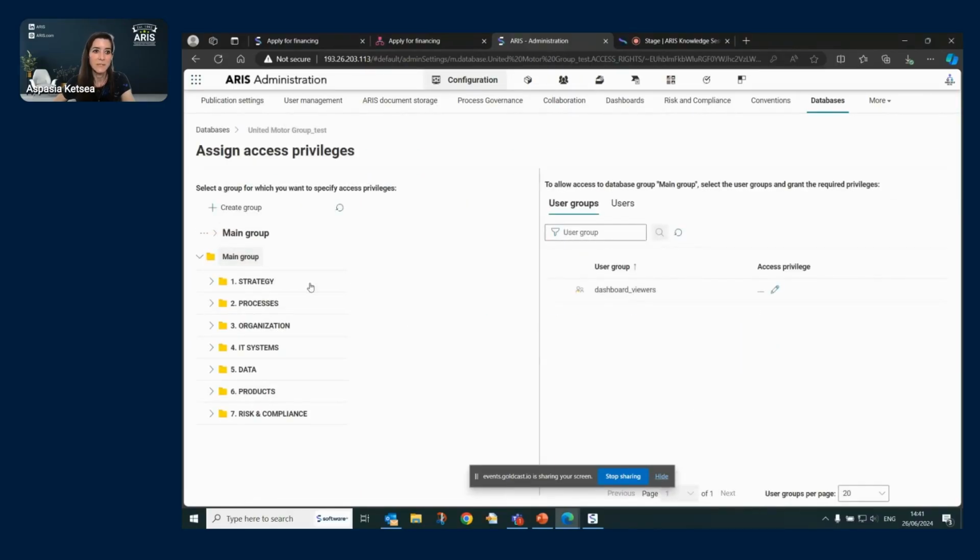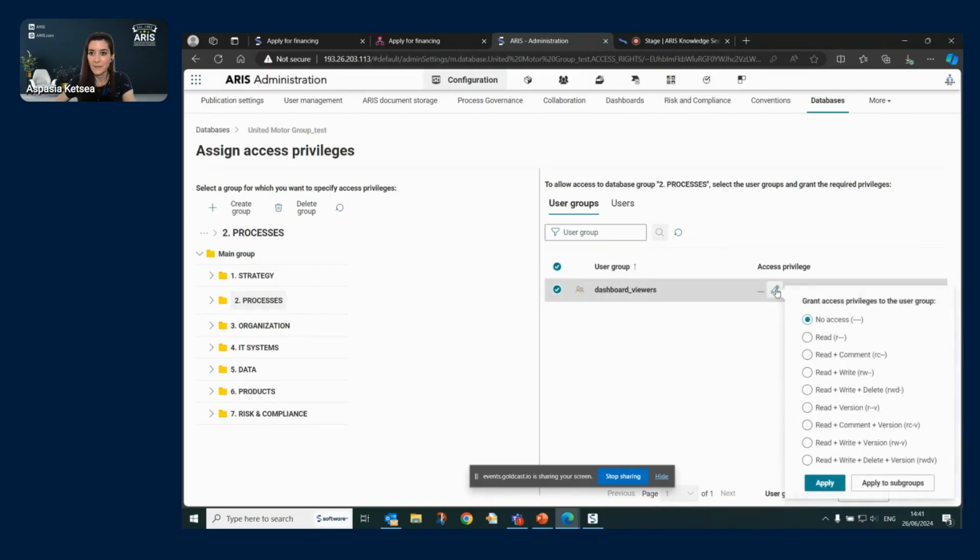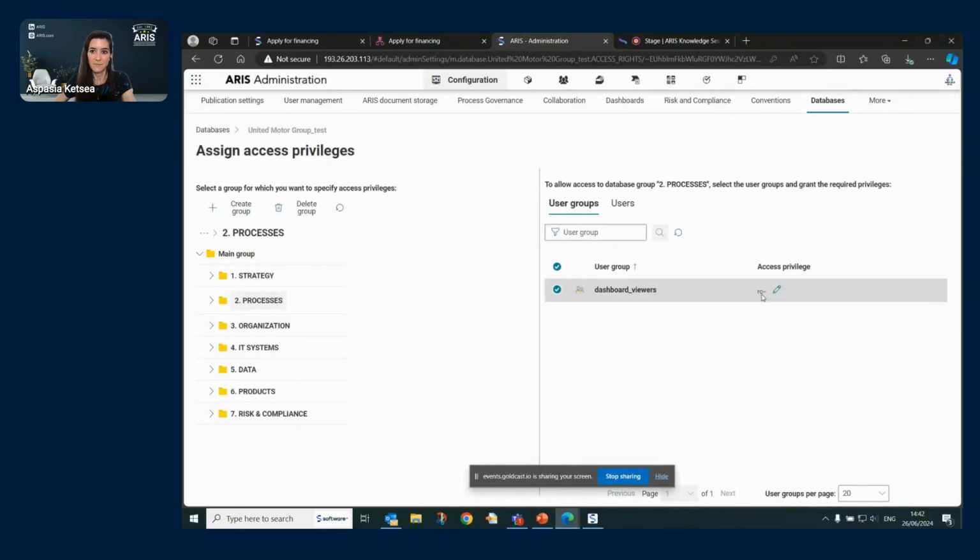Let's have a look. So I can say, maybe I want to say that on processes, now in this case, I have only one user group. And here you see users and user groups. These two tabs, but ideally I do everything from the user group, and I select the one I want. And then I can click on the assigned. I can select what I want them to be able to do. And I can also apply to subgroups. This is pass-on privileges as it would read in ARIS Architect. And here then I have the indication of what happens. So the same concept